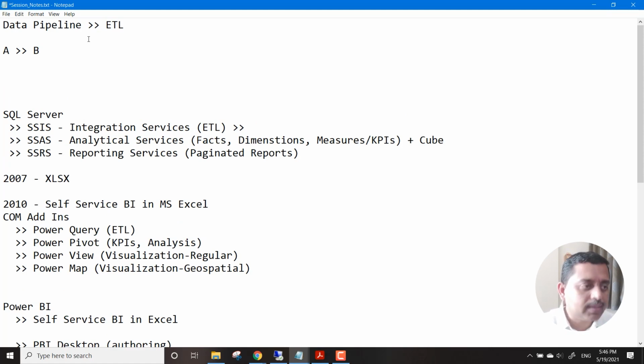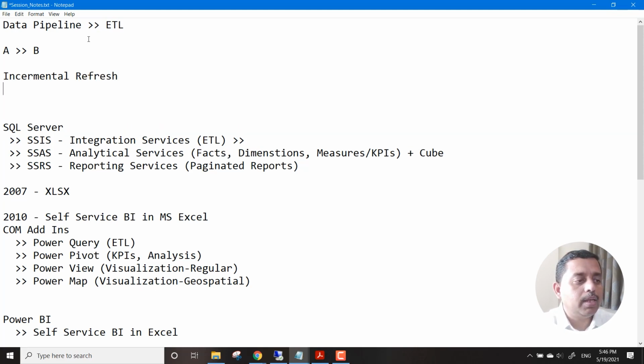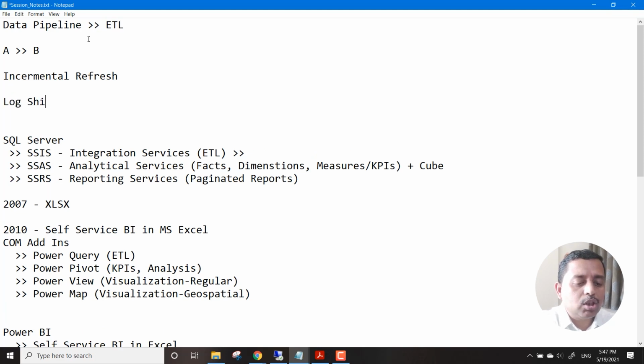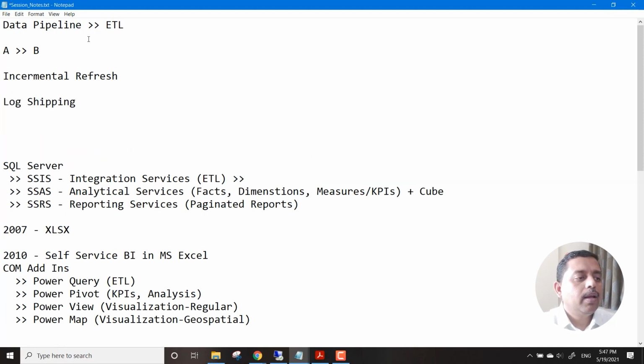What are the techniques that we actually use? We must have heard, in terms of databases, about something called incremental refresh. Right, so we will see what happens over there. There is something called log shipping techniques, right?